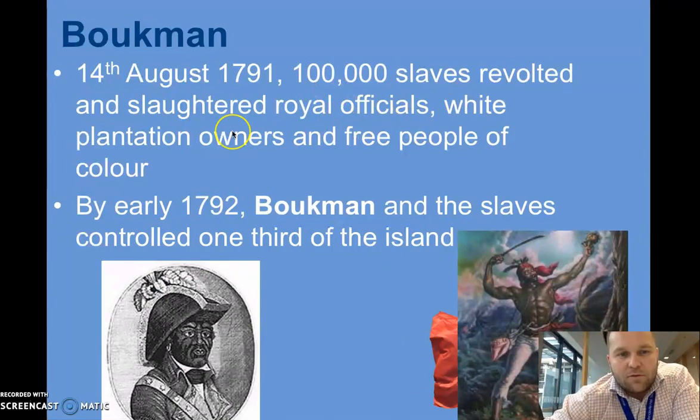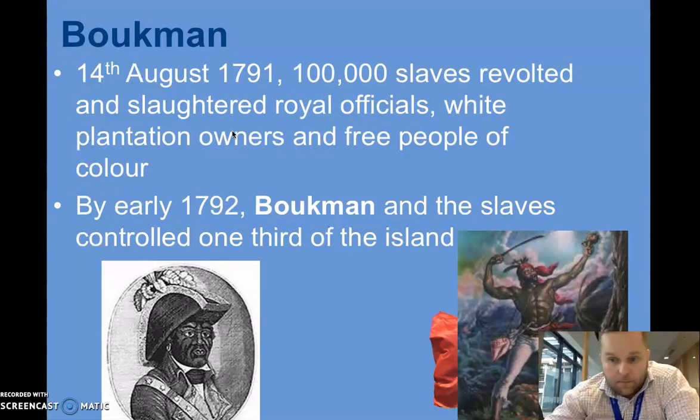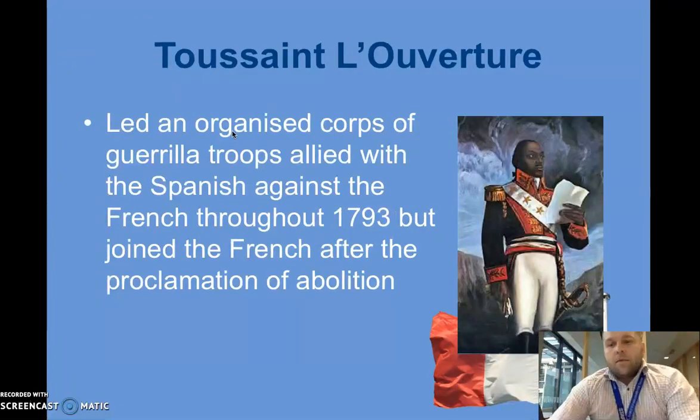They slaughter royal officials, white plantation owners, and even people of colour. So free coloured people who were previously slaves or had not been slaves. And by early 1792, he controls about 1/3 of the island. Okay, so much so that Robespierre and the Convention respond by sending a couple of dignitaries out to see what's